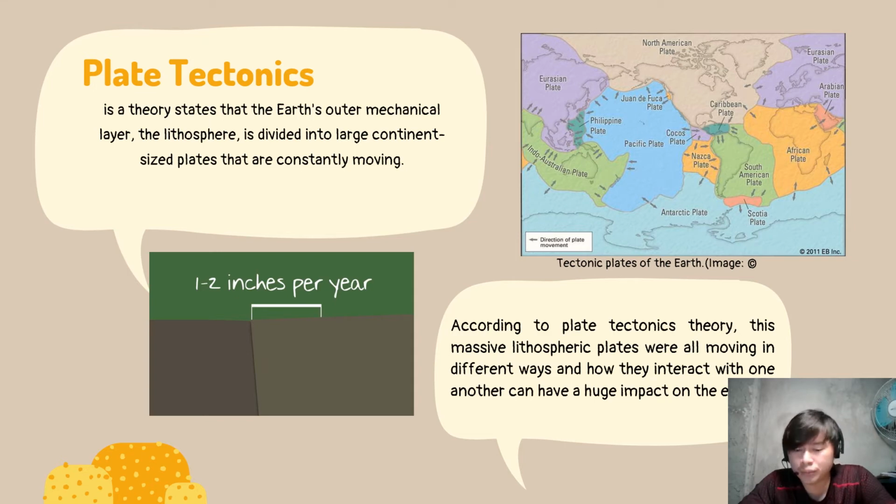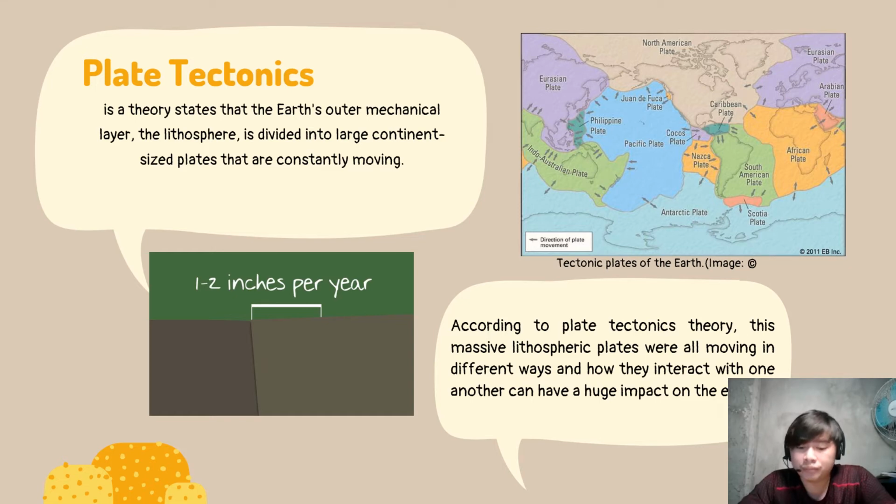And how is this being supported? Scientists discovered dikes over the ocean floor where magma came out and continued to flow. So the Earth is reforming and reshaping. Another evidence is that fossils were the same on the other continents. So it's just the same as the evidences of Alfred Wegener on his continental drift theory. And plate tectonics serves as one of the supports or evidences that will prove the continental drift theory